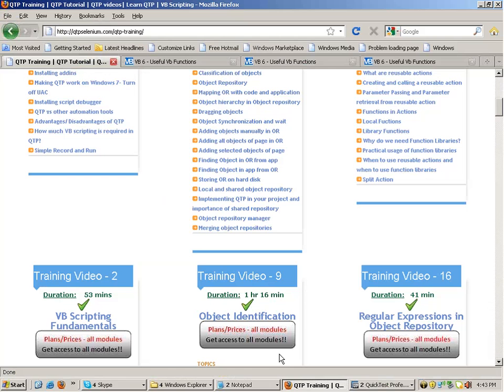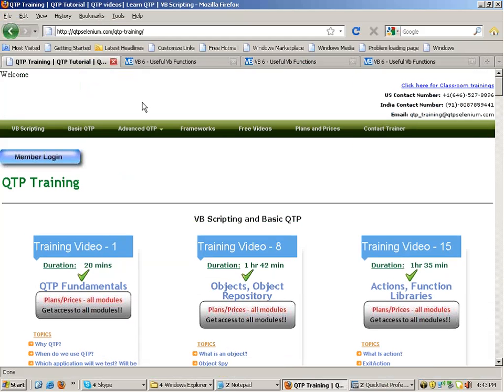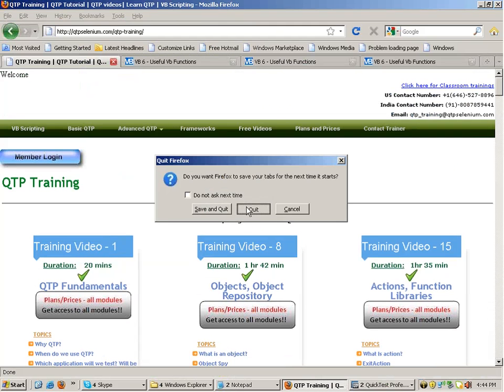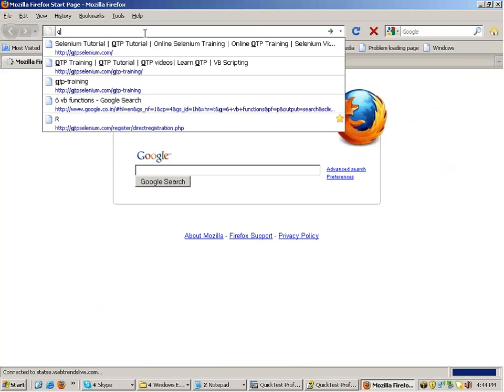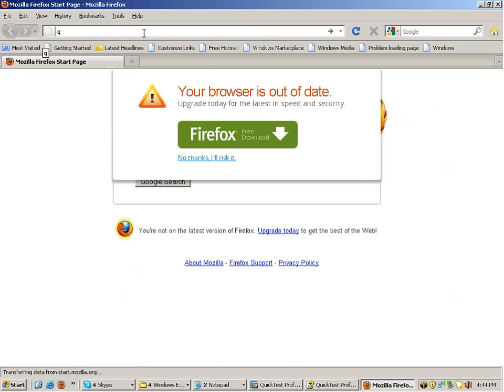Now suppose what I have in my hand is that I need to go to this site, and close the browser. Suppose I want to go to a simple site, say gmail.com.